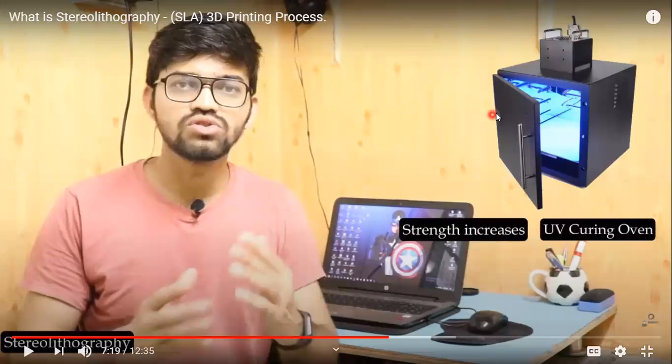By the time one layer solidifies, the table is going to move down. So one more liquid layer is exposed to the laser, and again it solidifies. Like that, layer by layer, how many layers you need, the thickness of the model, you will be giving by means of a CAD input, and obviously you will get a finite 3D printed model. The polymer remains liquid, and the solid model is just taken out, and you'll be curing it.